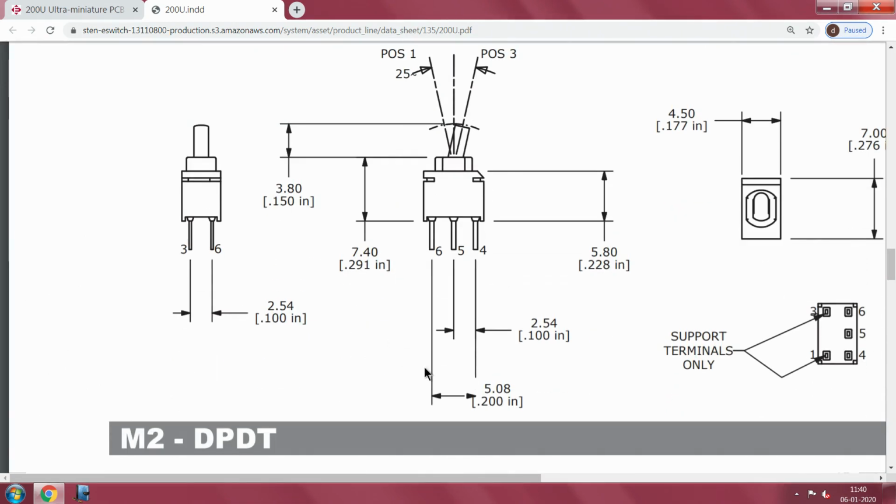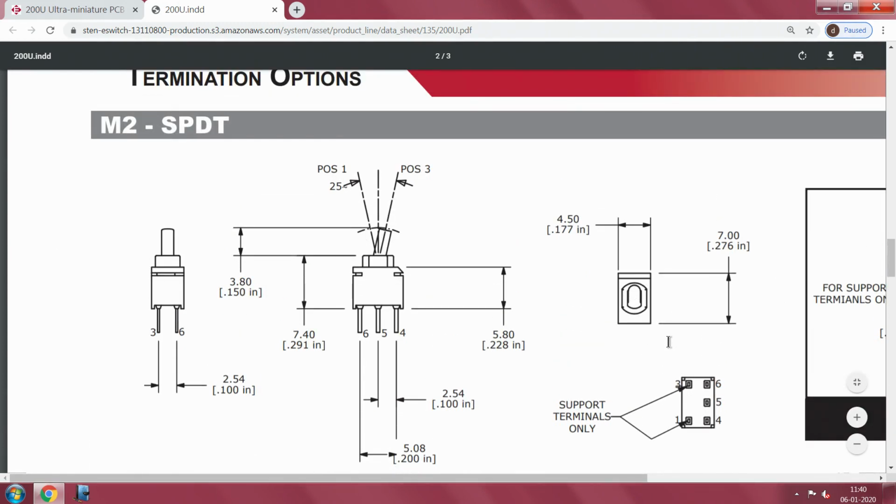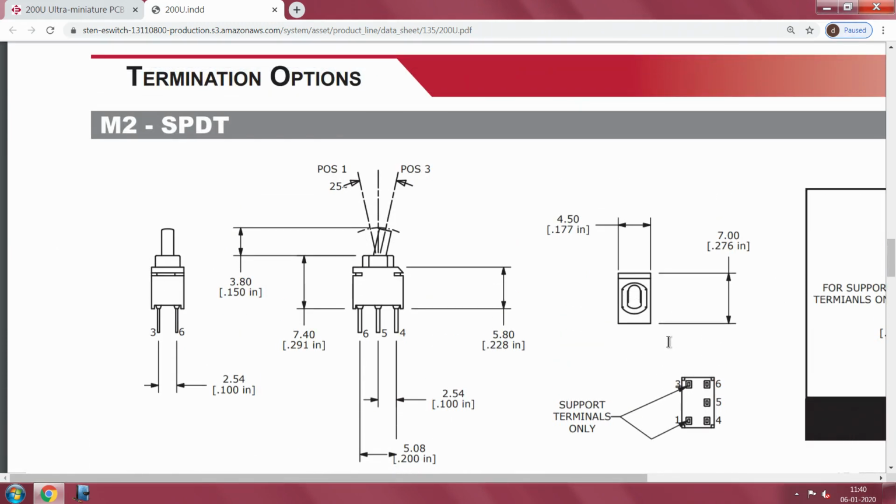Now, we come to what I keep on insisting, the equally important thing: the terminations and external appearance. If you see the terminations here, they are directly in line. See this, directly they are in line. And the numbers are also indicated here, 4, 5, 6. It may feel like it is slowing down the flow of the information, but it is important. Kindly remember that.